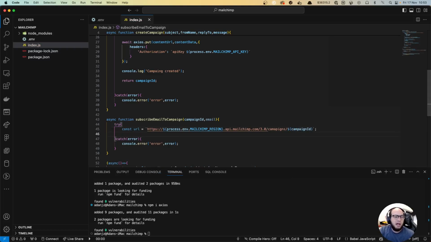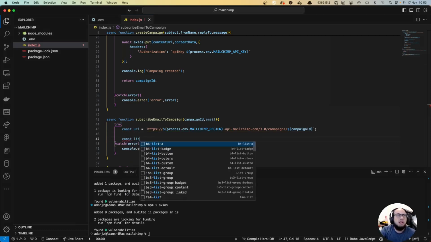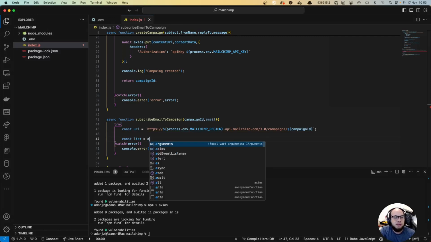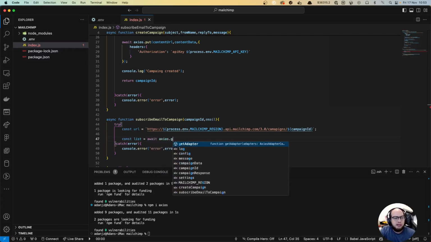Okay, and the body that we're gonna send here, well, no, we are not gonna send the body right now. The first thing that we need to do is to get the list ID of that campaign. So we're gonna do an access get here. Let's do const list equals to await access.get